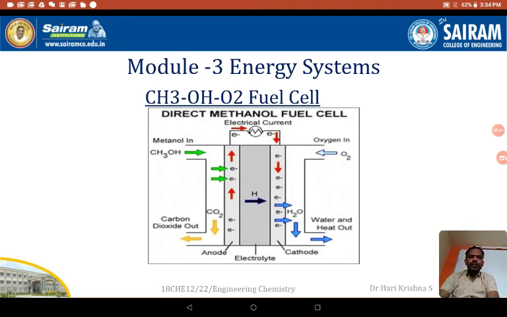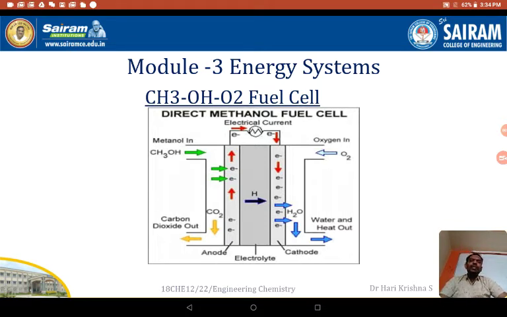So today we're going to discuss the construction and working of the methanol oxygen fuel cell. We've already discussed what fuel cells are and the difference between batteries and fuel cells. Fuel cells are energy conversion devices. Here the fuel cell acts only as an energy conversion device where the reactants are fed into the